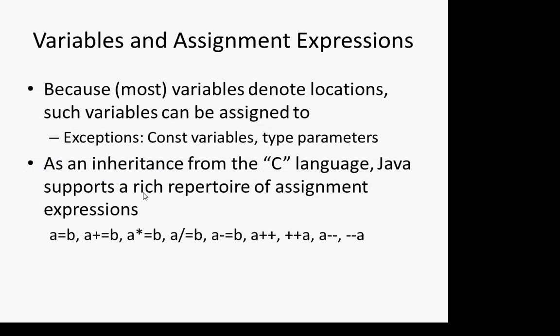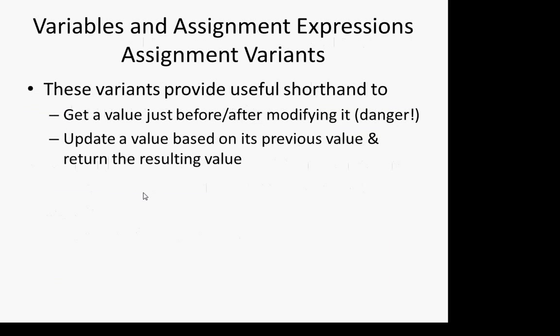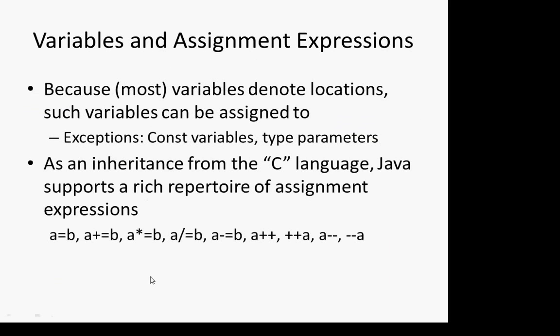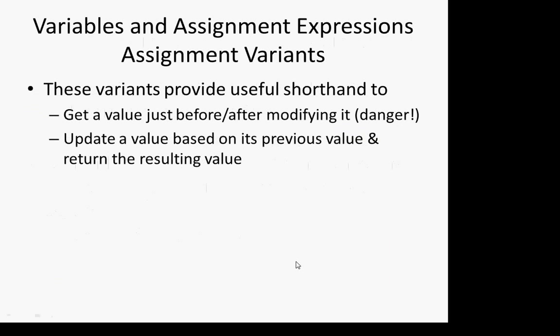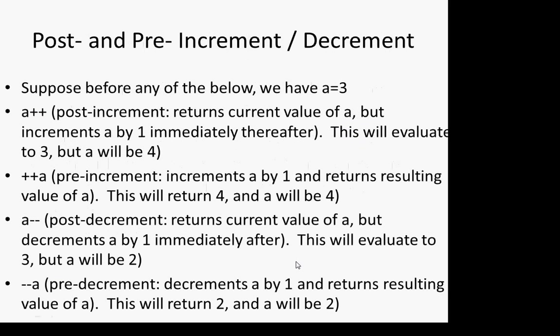So these are just shorthand. These other variants are just shorthand. They could all be written in this way with some extra parts of the expression. But these are extra quick ways of writing them. And these variants provide a way of getting a value just before or after modifying it, which you have to be really careful about doing, or updating a variable based on its previous value, and then returning the resulting value. So I'm going to explain these because you see these a fair bit. So if you have A++ here, so imagine you had A equals